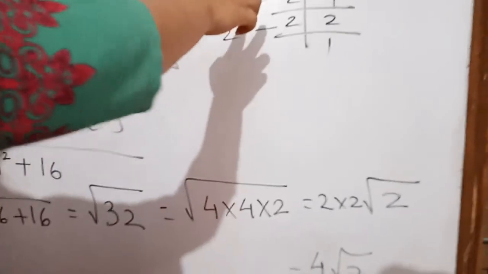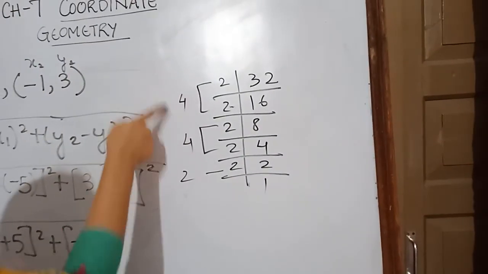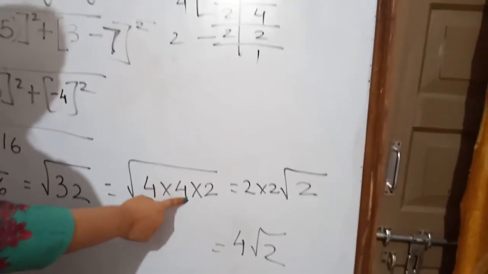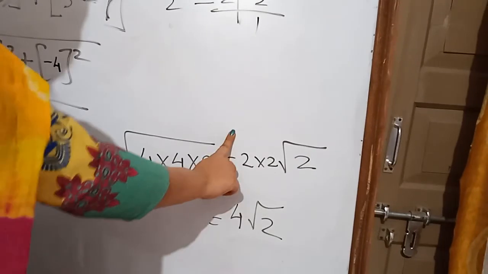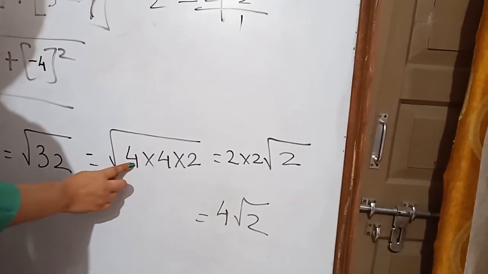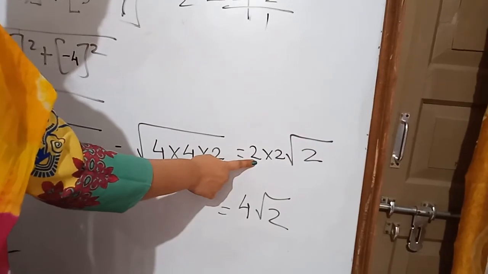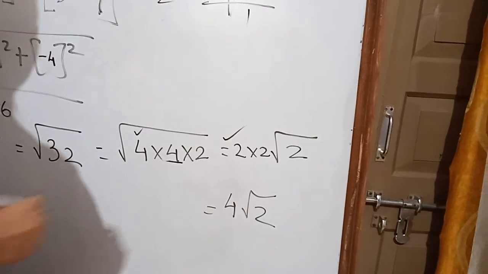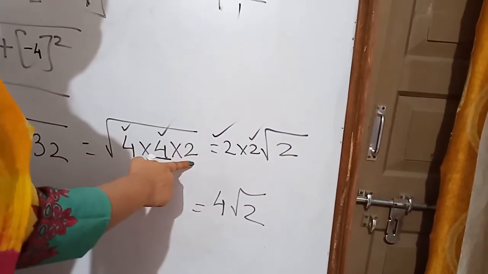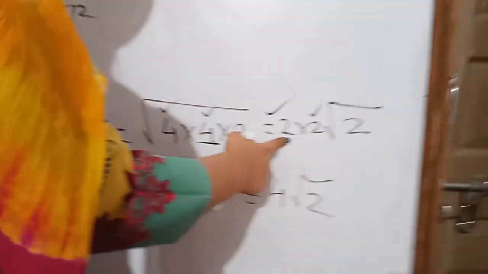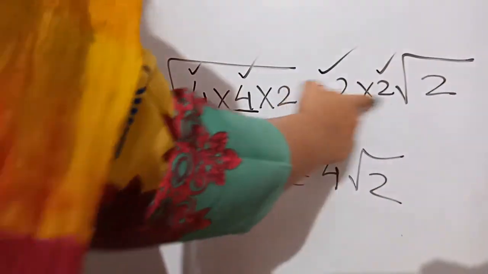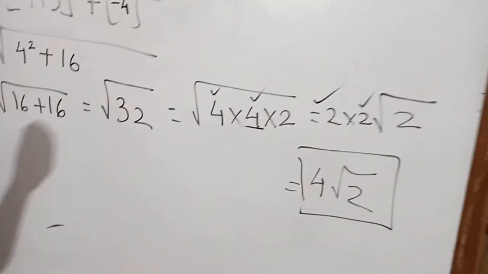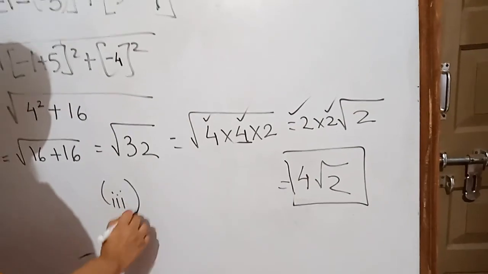Now if I take out the LCM of root 32, we can write it as 4 multiplied by 4 multiplied by 2 whole root, isn't it? See children over here, this is 4 multiplied by 4 multiplied by 2 whole root. Now this 4, when I take it out of the root, it will become 2. Again this 4, when I take it out of the root, it will give me 2. And we are left with a single root 2. So this will be 2 multiplied by 2 root 2. 2 2s is 4. Your final answer is 4 root 2. Okay. And the third question is your homework.